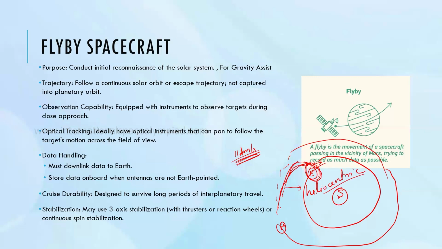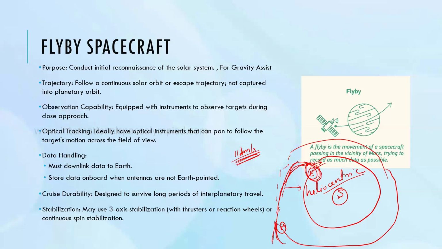Because even though we do not feel that it is orbiting around the sun, actually it is in the attraction of the sun. That is why it is called a heliocentric orbit, and it goes through that heliocentric orbit and actually comes to this planet Mars, or whatever planet it is intended to be, at a high velocity. Usually it will miss the planet and go close by, and may go something like that. So because of its gravity, its path may change, but anyway,